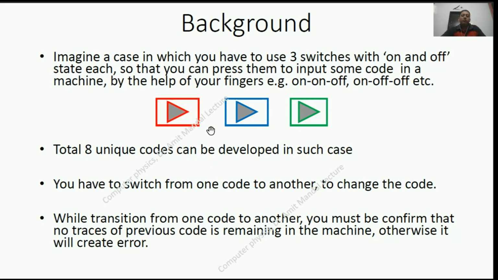So when you are inputting some code and you are transiting to some different code, suppose initially the code is on off. This is one of the codes to execute some action in the machine, and you want to change it to off on like this. When you are transiting from one code to another code, there is a condition that the previous code must be completely ended in the machine, and it must be completely replaced by the new code,